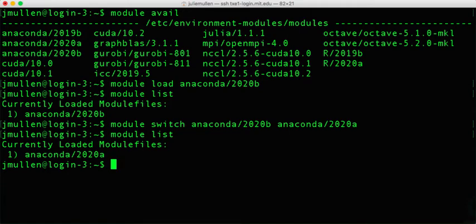Now imagine that I need to work on a very different project with very different modules. Say I'm switching from working in Python to working on a C++ program that I need to parallelize. In this case, I can unload the Anaconda module because I won't need it, and then load the C++ compiler and the MPI modules. Module unload Anaconda 2020A,